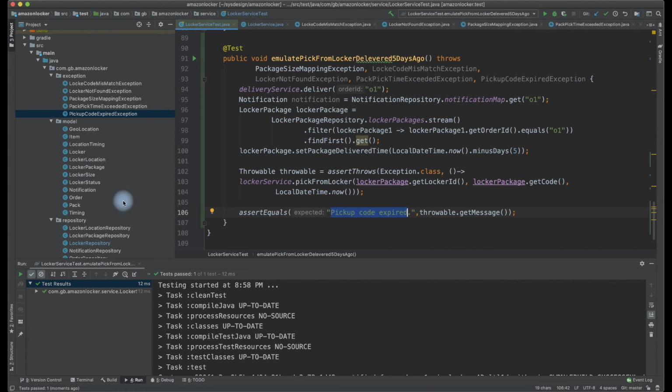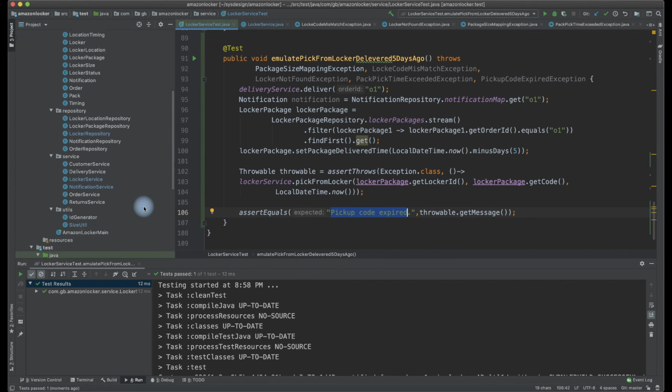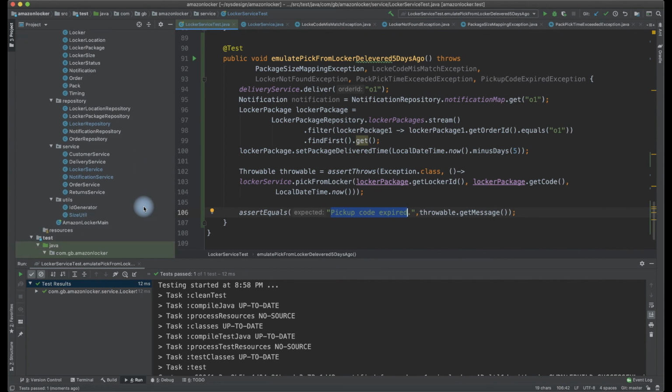There are other test cases which we have handled. We have not looked into every test case as part of this video tutorial. Please clone this code and take a look into what are the other test cases that we need to handle. With this, we will touch base on what are those things which we need to consider when we need to scale these services as part of the system design.